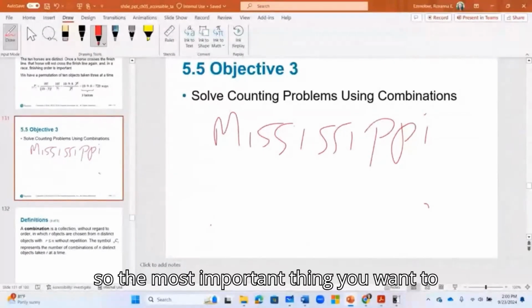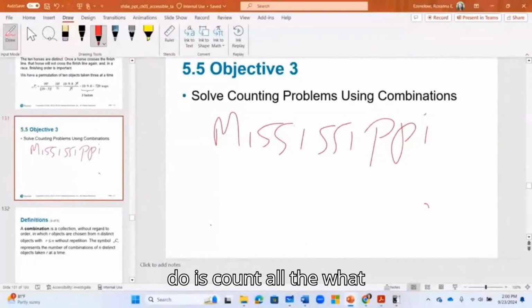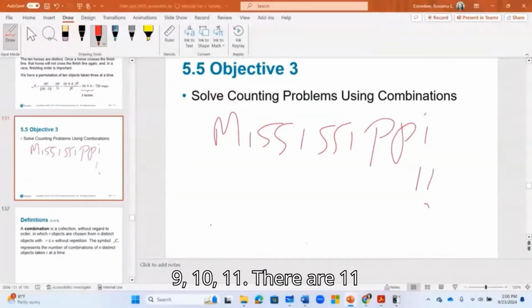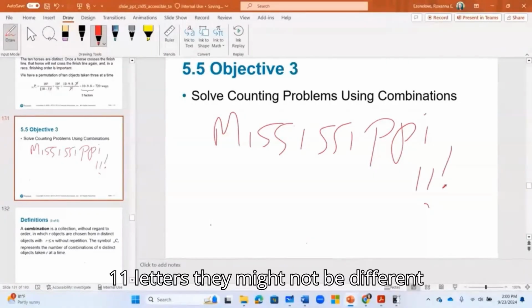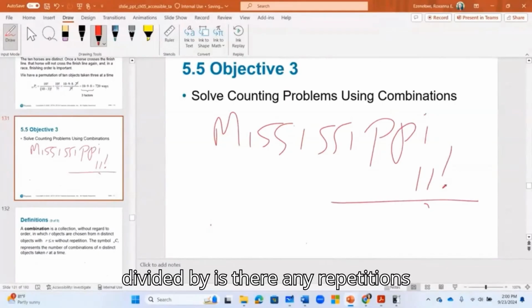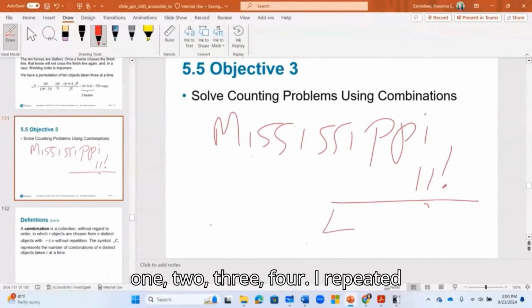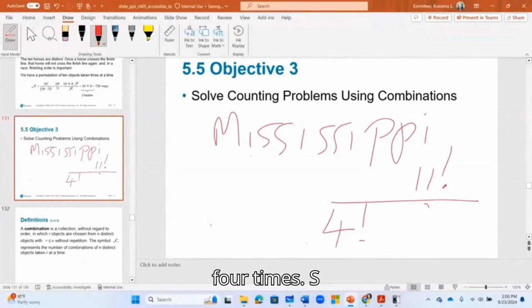So the most important thing you want to do is count all the letters, what is the sample space? 1, 2, 3, 4, 5, 6, 7, 8, 9, 10, 11. There are 11 letters, they might not be different. Divided by, is there any repetition? Yes. How many times? 1, 2, 3, 4. I repeated 4 times. S repeated 4 times. P repeated 2